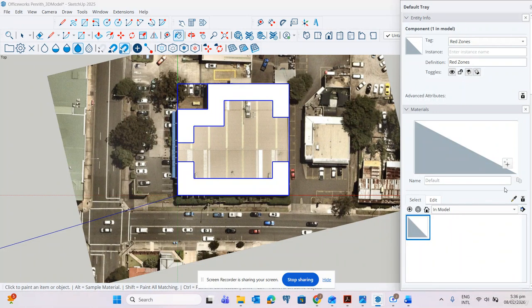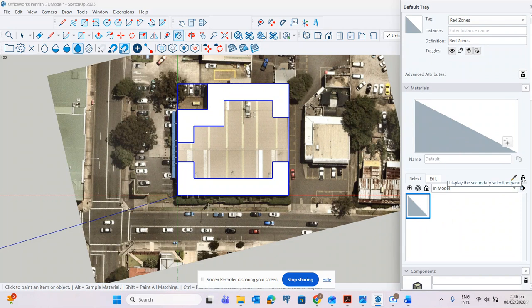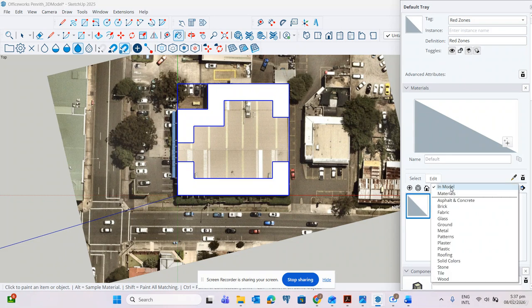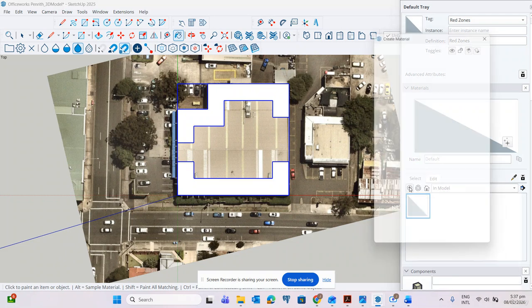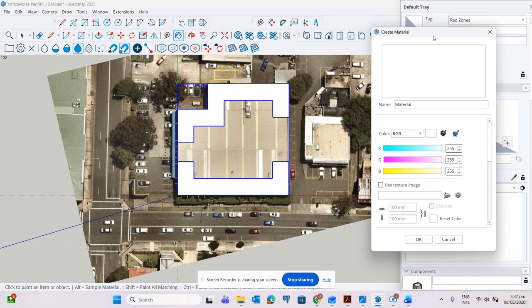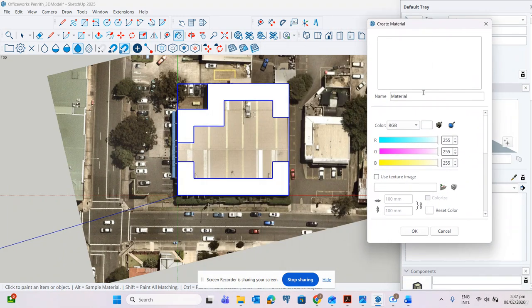And then this plus sign, create a new material, select create a new material in the model. It will automatically pop up this. So you can name or not, it's okay. But for this lecture we will name that red zones.